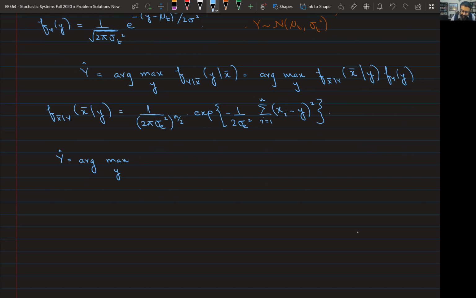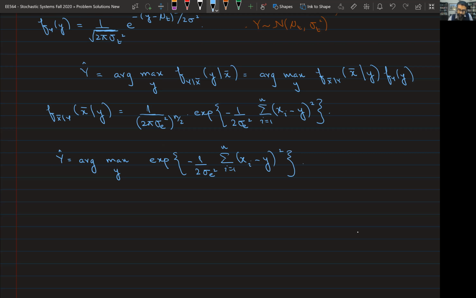Then I'm just going to multiply the PDFs together, but ignoring the constant terms so that I simplify my optimization. So this is just the exponential of minus 1 upon 2 sigma e squared, summation i equals 1 to n of x i minus y whole squared,